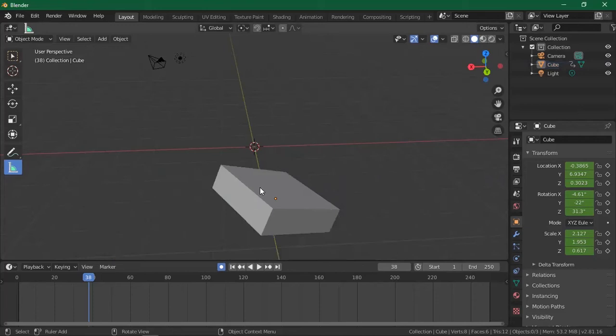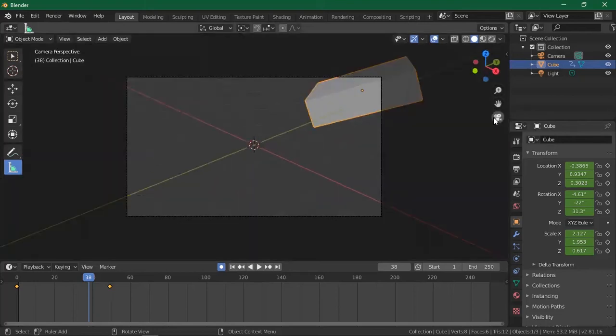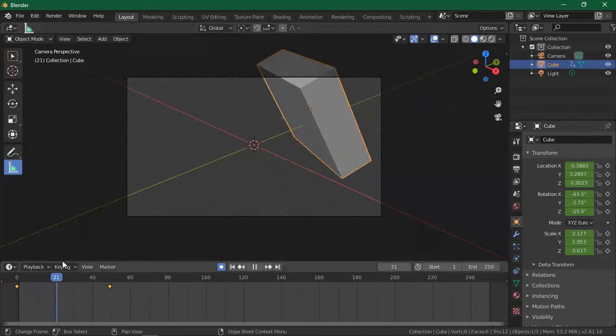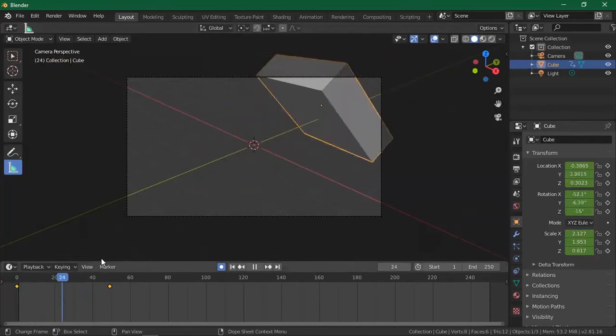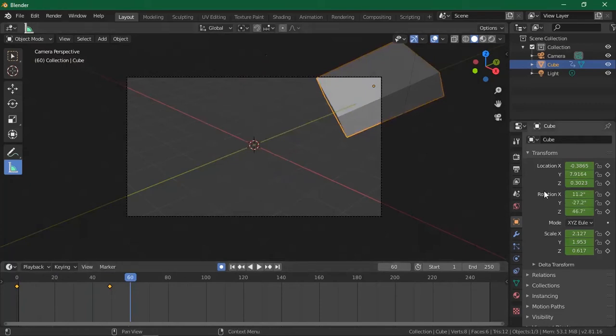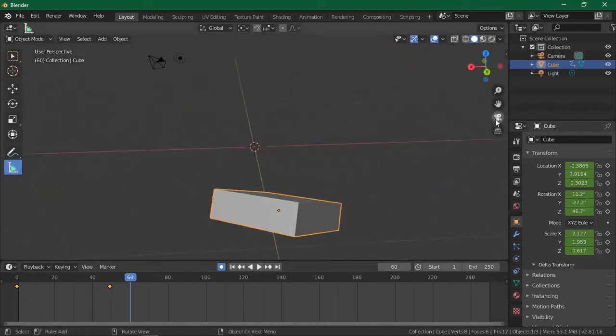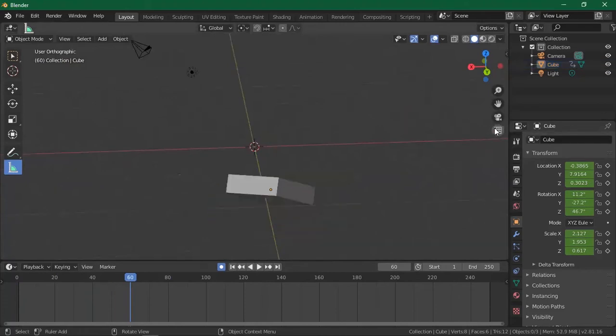So that's the selection. I'll show you how to select using the left click. I've shown you how to rotate, and how to pan, zoom and frame select. Now, I haven't shown you this tool here. This tool is the camera tool, which you are going to use when you want to render out. So this is what we are seeing in the view, the animation that we are seeing right now. That's what we can render out if you started rendering. So this camera helps you to see what is going to be rendered out. And this last button just helps you to go into perspective and